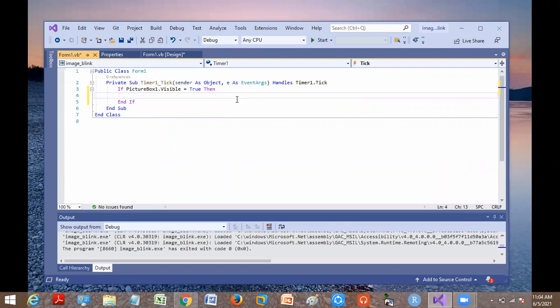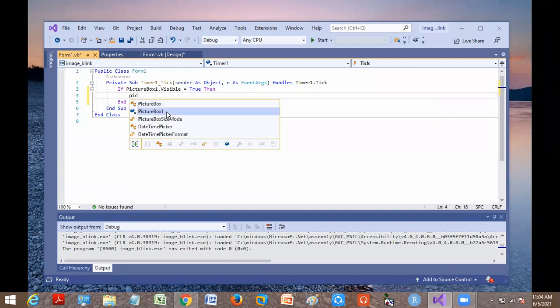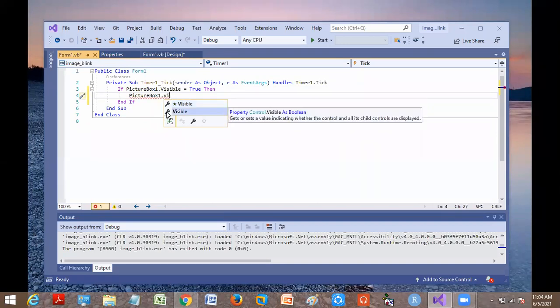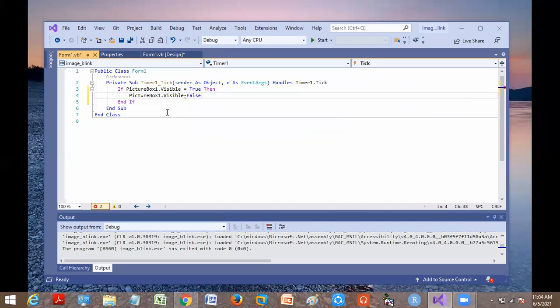If that is true, then I need to make that false. If it is visible, I need to make it invisible. So visible equals false. Correct?